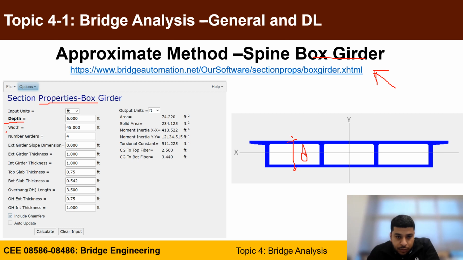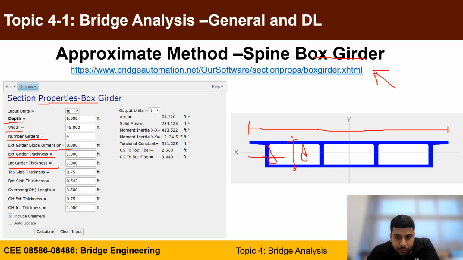The width of the box girder, which is the total width of the girder. The number of girders that you have, in this case you have 2 exterior, 2 interior, so 4 girders. Also, the slope of the exterior girders, you can define them here if you have a slope. You also will define the thickness of both exterior and interior girders, which is the thickness